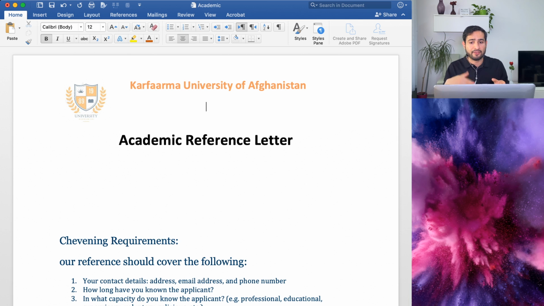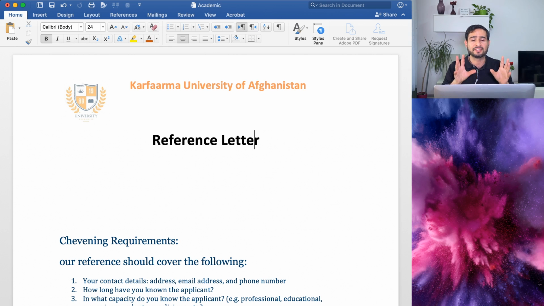Even if Chevening does not require it, this one reference letter that you write for your students or get from your professor, you just need this one, and then you can change it and use it for many schools, many universities, and even other scholarship programs other than Chevening. So try to have one best reference and use it for everything. I wrote here academic reference letter, not professional reference letter, but I will remove this and just write reference letter. Why? Because this is a reference letter written by your instructor, your professor, your academic institution.